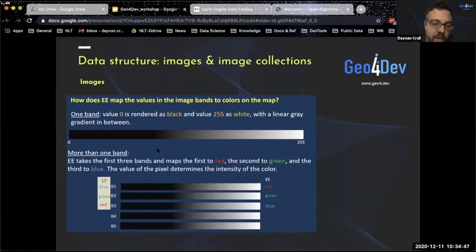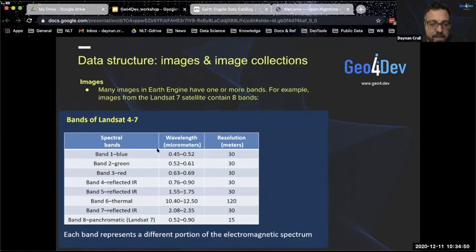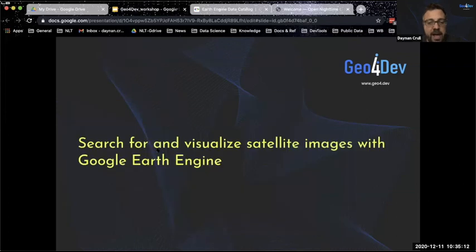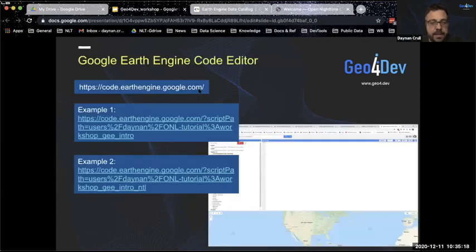Why is that important? Well, if we think about the math here, the natural science of it, that's a different order because blue is actually a shorter wavelength, green is longer, and then red is still longer. Now, that makes a lot of sense to me in terms of organizing it. But if you were to just throw the file into your map without changing the order of the bands, you might get a weird colored image because you have to make that change. I'll come back to how to do that kind of stuff. I want to point that out just so we know that's something to think about.